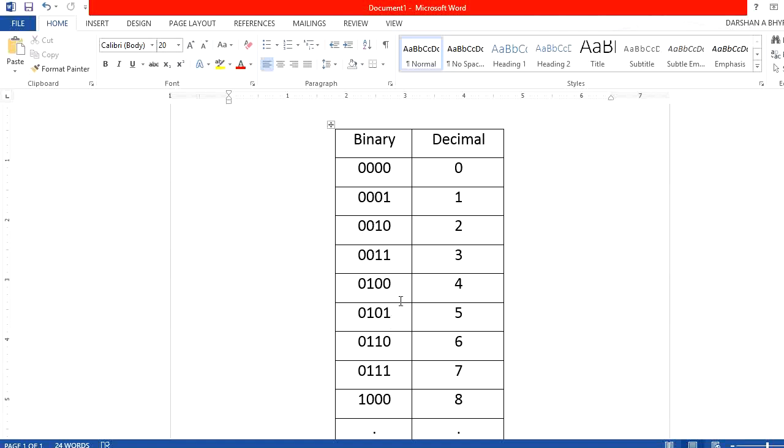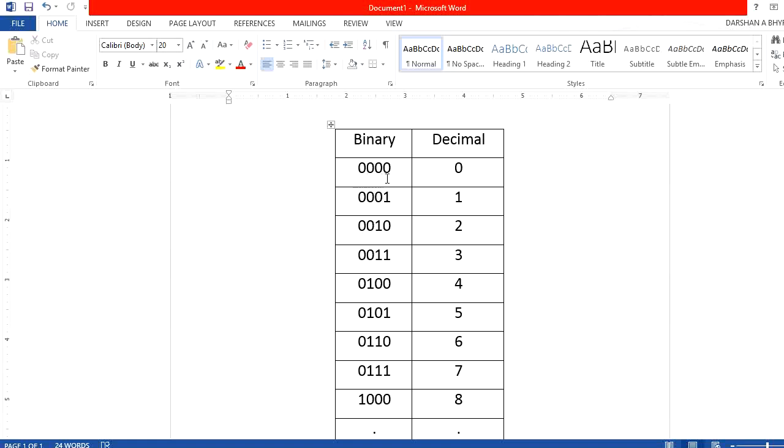So in order to find out whether the given number is even or odd, we will focus on the bit 0 position. Let me explain the position here. So here we have 4 values, that is bit 0 position, bit 1 position, bit 2 position and bit 3 position.